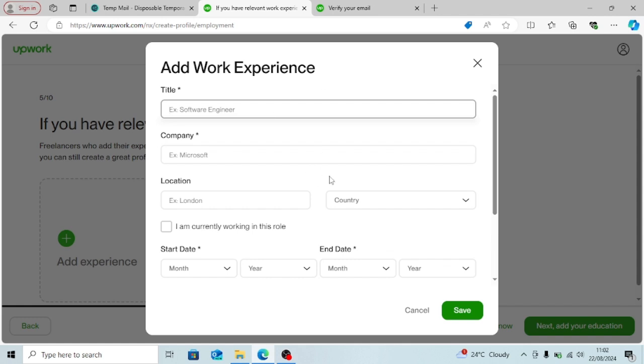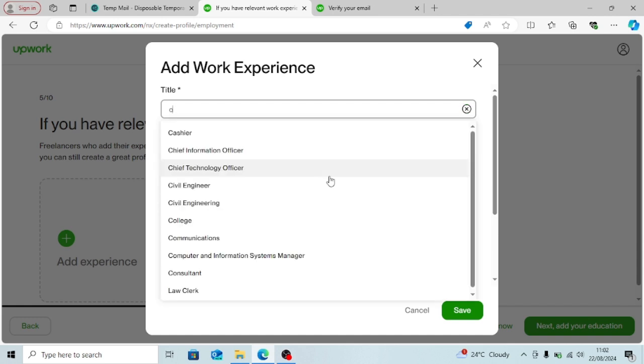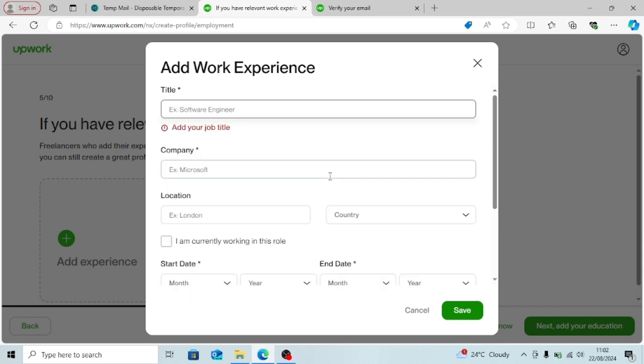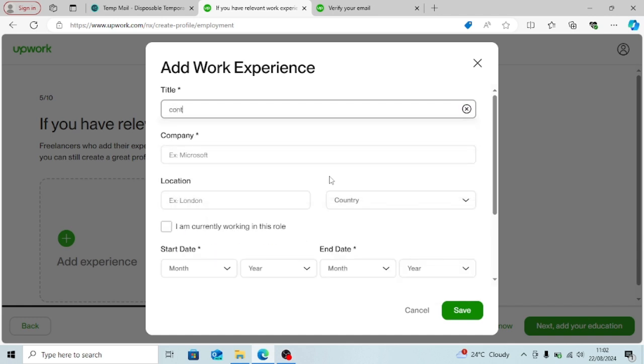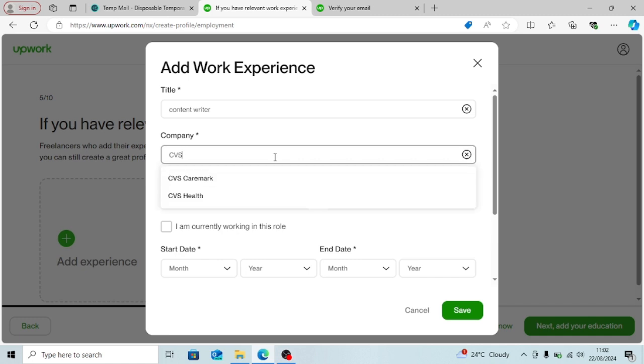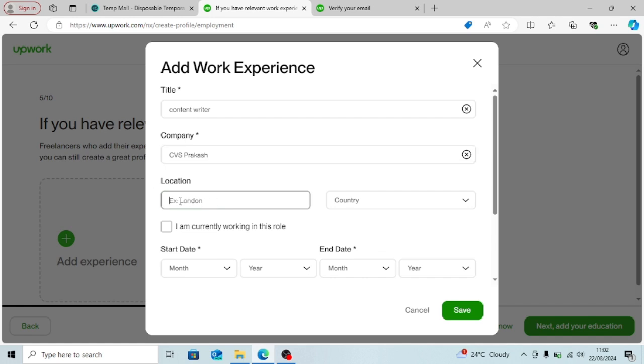Okay, so it's recommended that you start from your current work experience. So let's say my current work experience is a content writer. Content writer. Okay, so here you can put in the company or the name of the person you're currently working with. So let's say the name of the person I'm working with is CBS Prakash. So if you don't know the location, you can just put in remote. But let's say you know the location, you can put Mumbai. And then country, just put